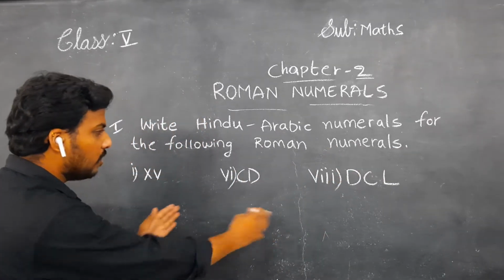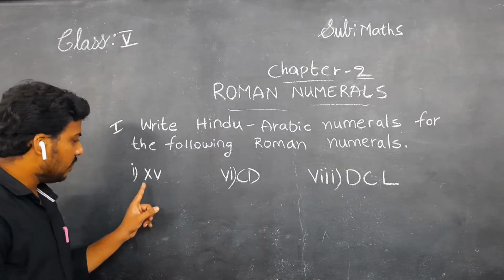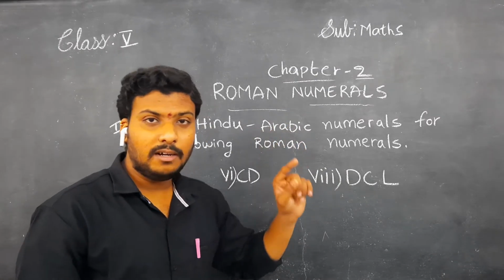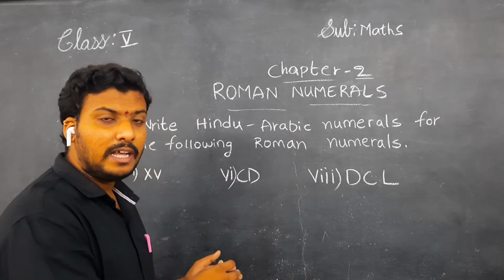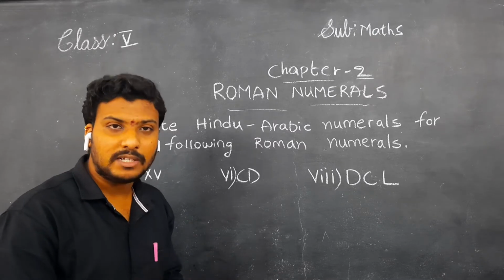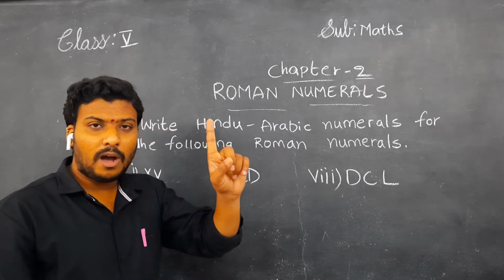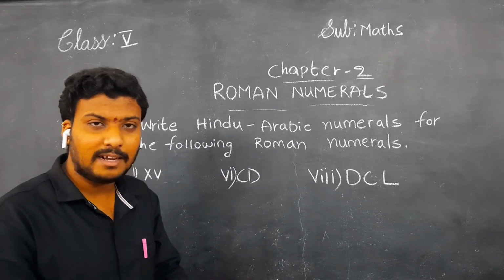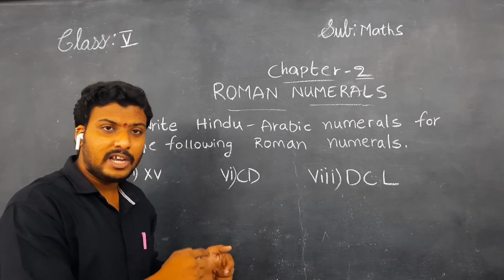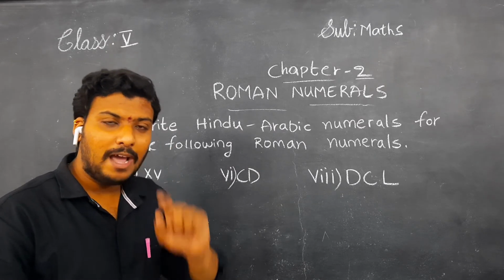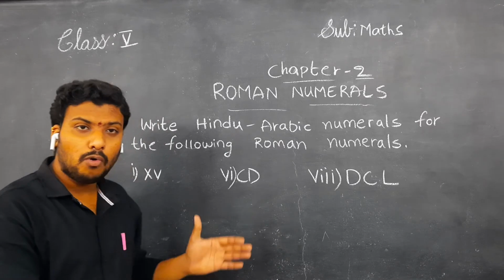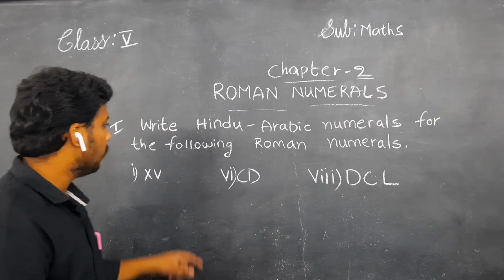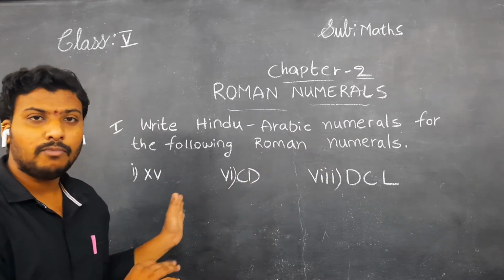They have given Roman numerals, children. There are letters, but here we need to take these letters and represent numbers. I already said that I equals 1, V equals 5, X equals 10. In this case, each and every letter expresses one value, children. Here too we will see how we can convert Roman numerals into Hindu-Arabic numerals.